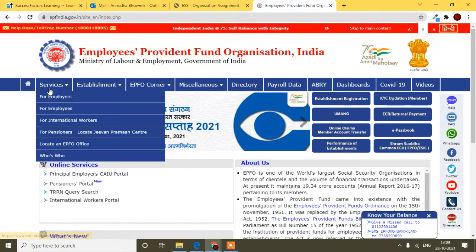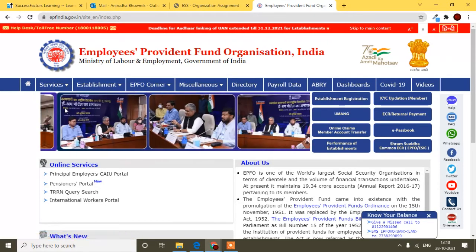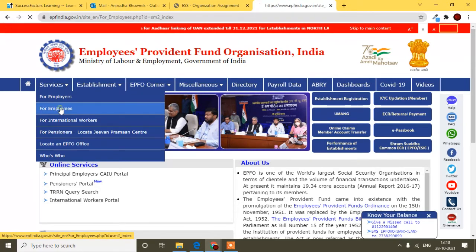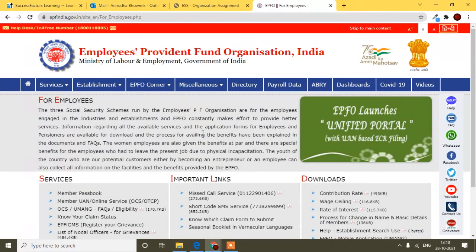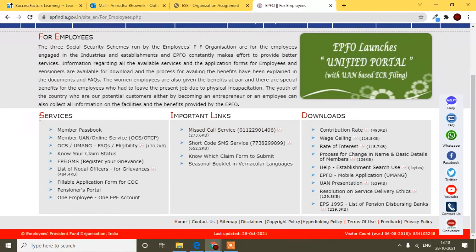Here, in the first step, you will get Services. Sometimes it changes from time to time. Before it was written Our Services, now it's only Services. Now here you will get an option for Employees, so click this option, and after that scroll down, and here you will get Services.